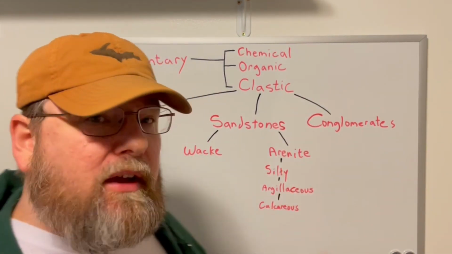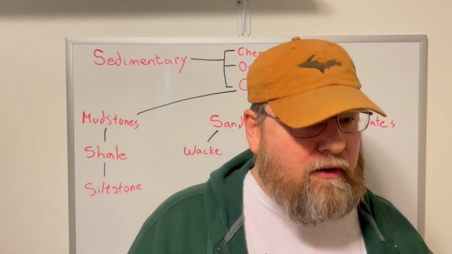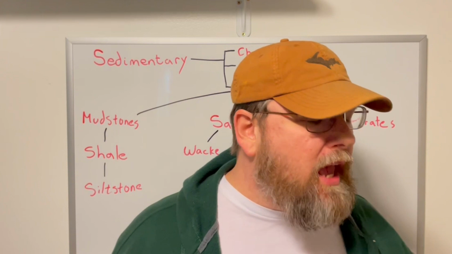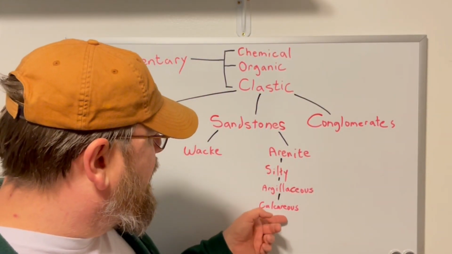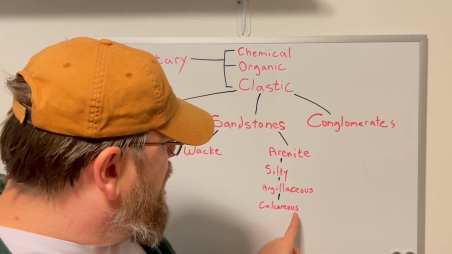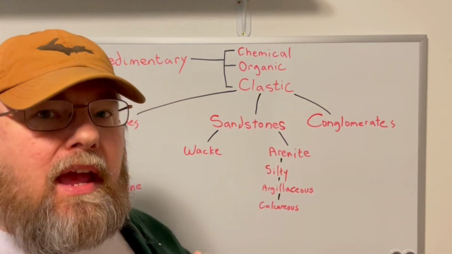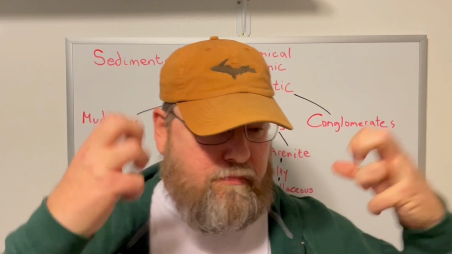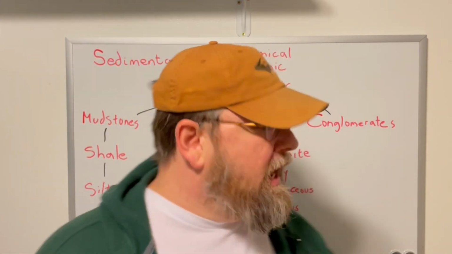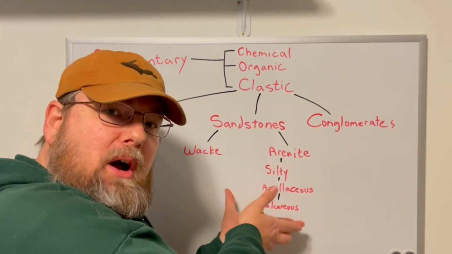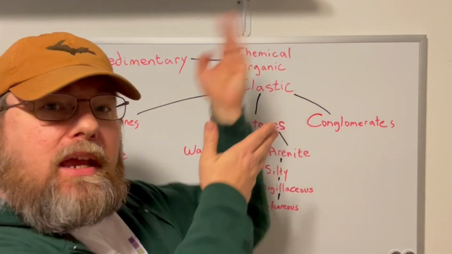And you can just say calcareous, you don't have to say something like dolomitic arenite, although you can. Now, when I touch on this here, if you have a calcareous arenite, it has to be mostly clastic. That means it has to be mostly broken down from coarser rock. If you get to a point where you have too much of this, you're going to kick it into a